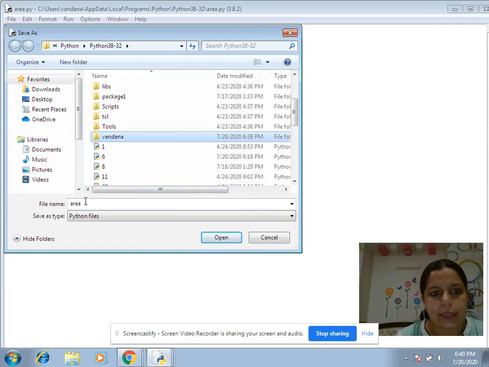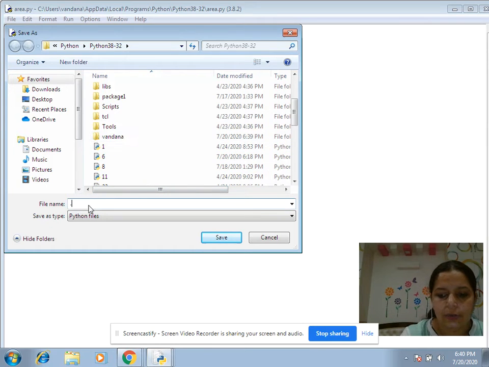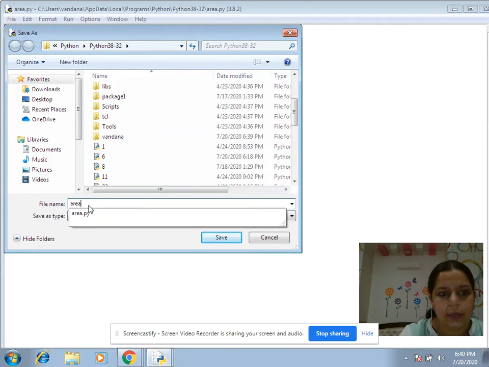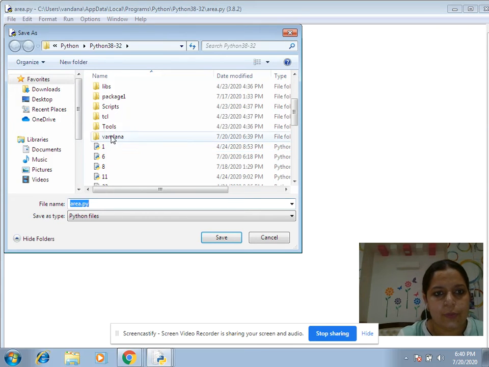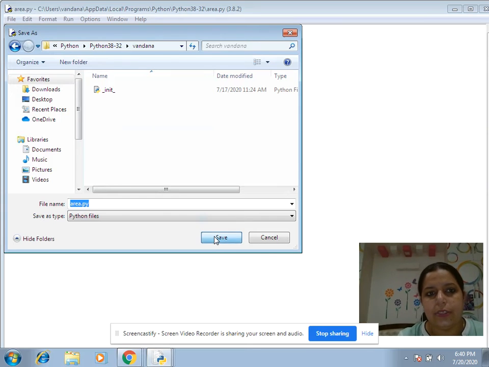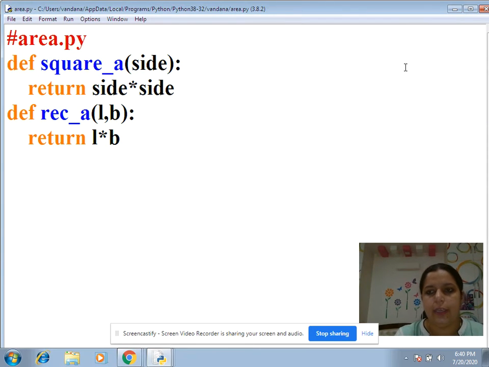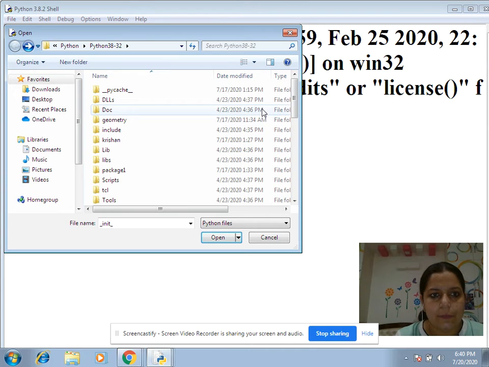I have selected here area.py. Let's do it once again. Here I'm selecting, and now you can see I have saved this. Area.py is saved in the package Vandana.